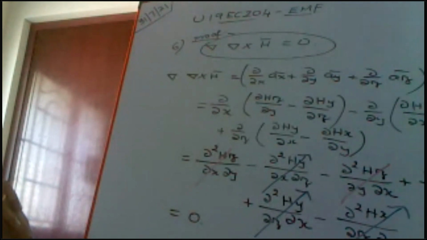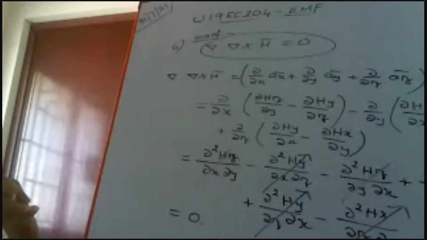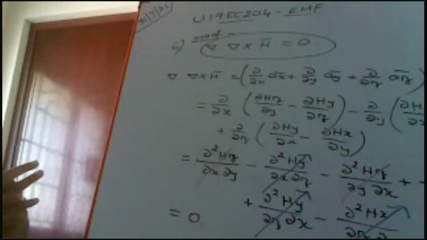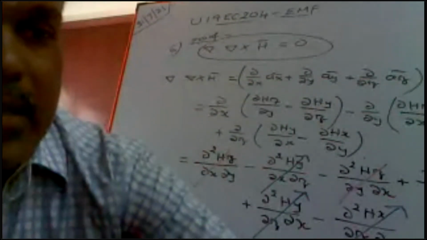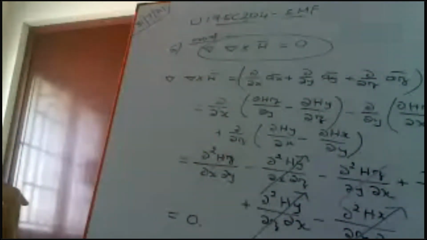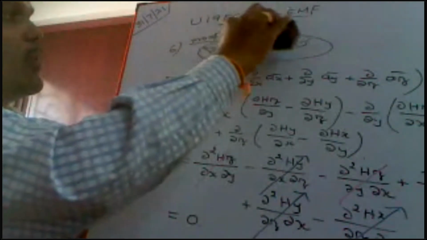Any doubt in this particular proof? No doubt, sir. எல்லாம் புரிஞ்சதா? எல்லாத்துக்கும் புரிஞ்சதா? ஏதாவது டவுட் இருந்ததுன்னா கேட்டுக்கோங்க. Very important identity, because sometimes this null identity will be asked under state the null identity, state two null identities. Sometimes in big question also they may ask like state and prove null identities. If a question like prove the null identity has been asked, means this is the proof for one null identity. Is it okay? Okay.